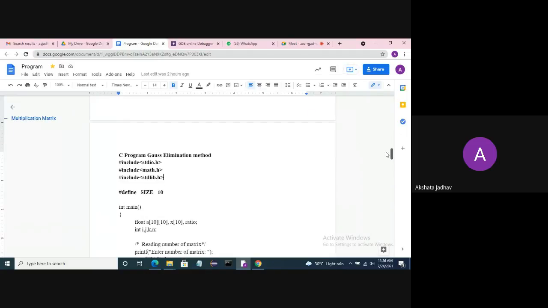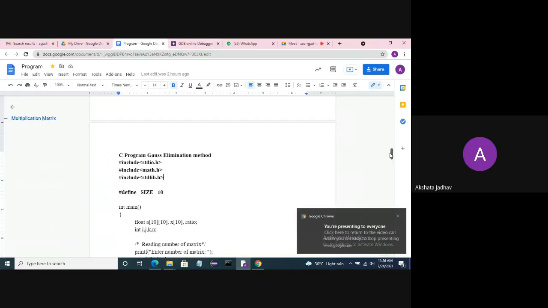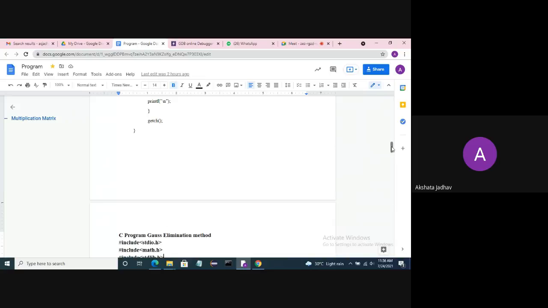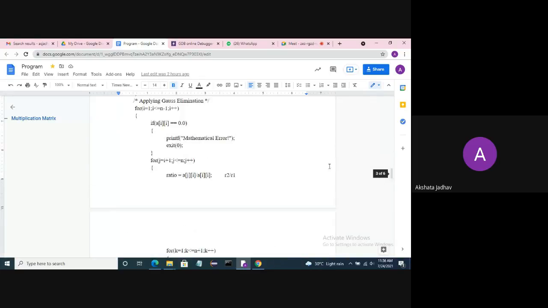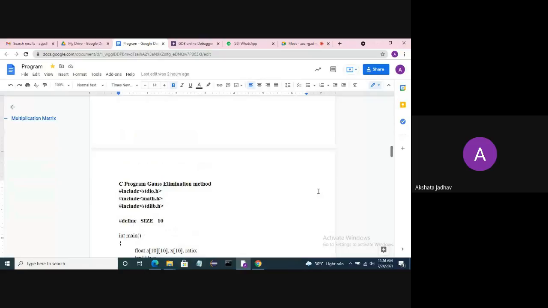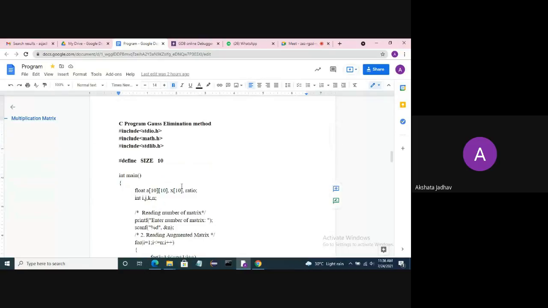Okay, no problem. Snehal, multidimensional matrix. Okay. Up to next page, we have the program of Gauss elimination method. All of you see the screen? Yes.